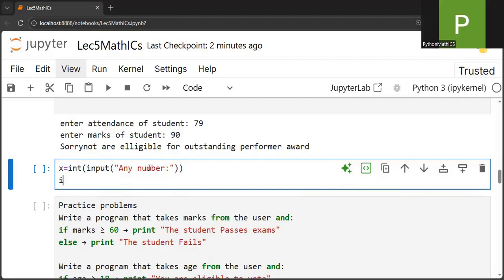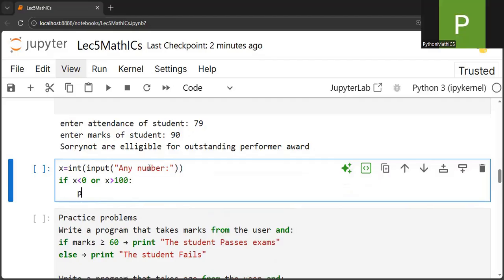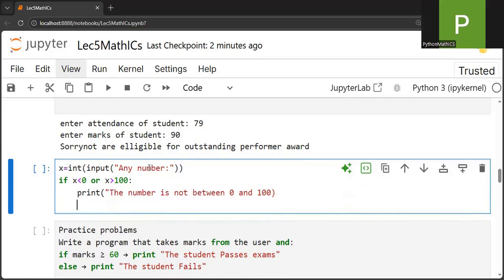Now if x is, say, less than 0 or x is greater than 100, we just say print the number is not between 0 and 100. So else